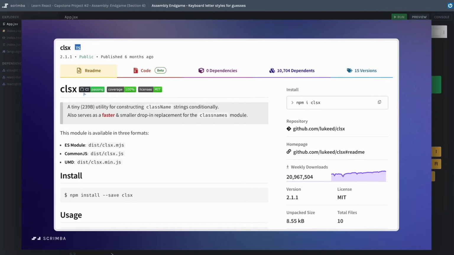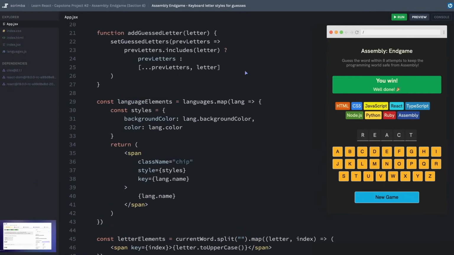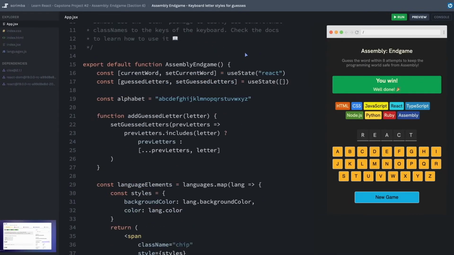So if you want to use clsx, you're welcome to do so. Click on the screenshot here to go to NPM and read all about it. There's a chance that the documentation may prove a little bit confusing. If you find that's true, then don't be afraid to turn to Google or the AI assistant of your choice to ask how this package is used. So try to psych yourself up for this awesome challenge, and I'll turn it over to you to start working on it.